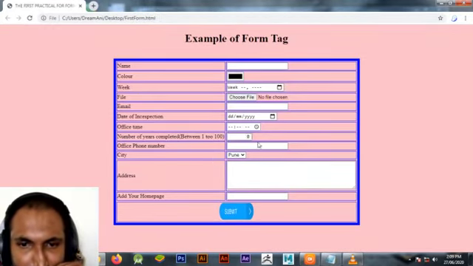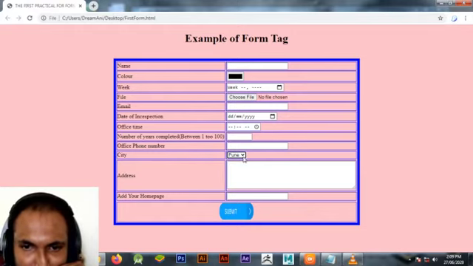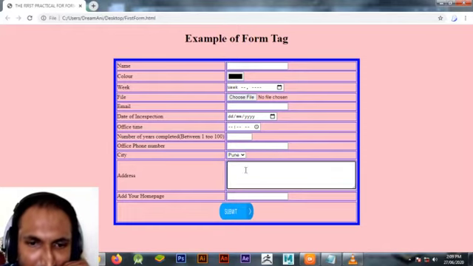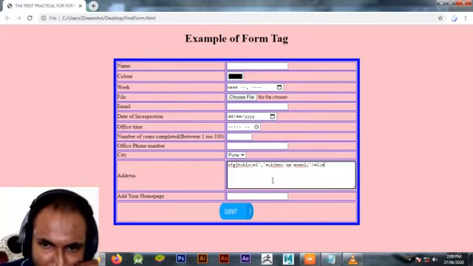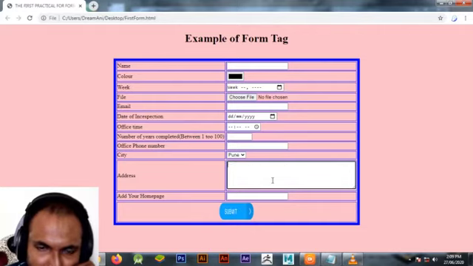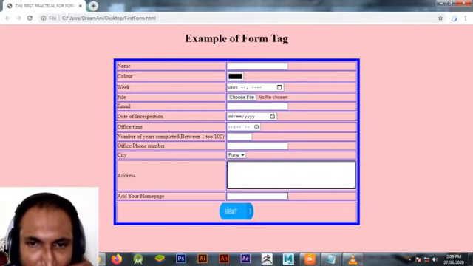So this is the city tag, and you can select the cities over here. Pune is selected by default here, and you can add your address in it. Number of lines are here, 50 characters in each line, and this is your form tag.